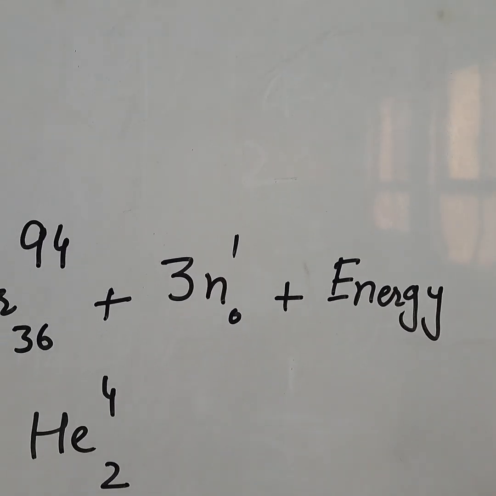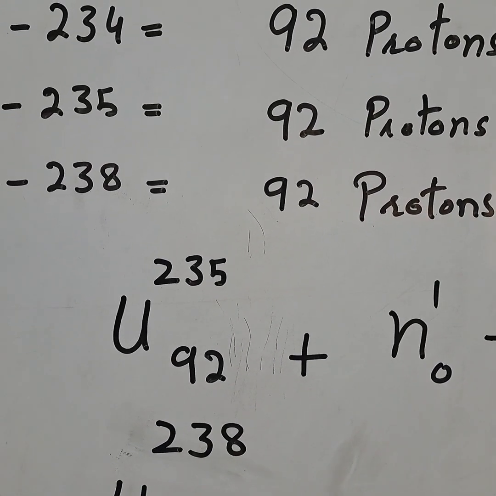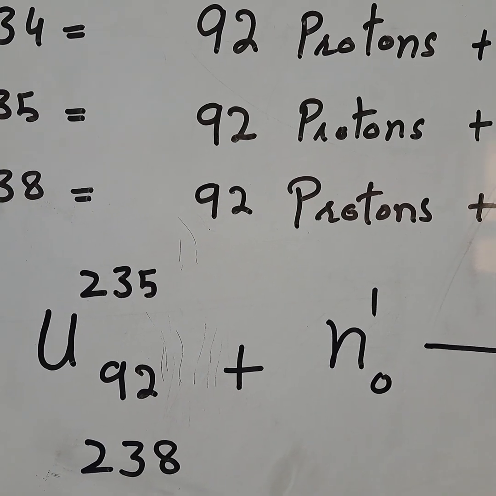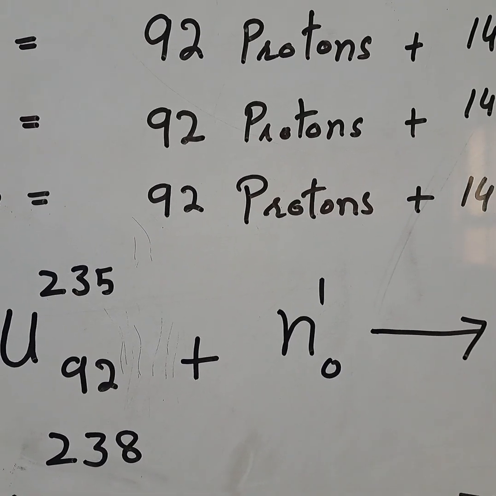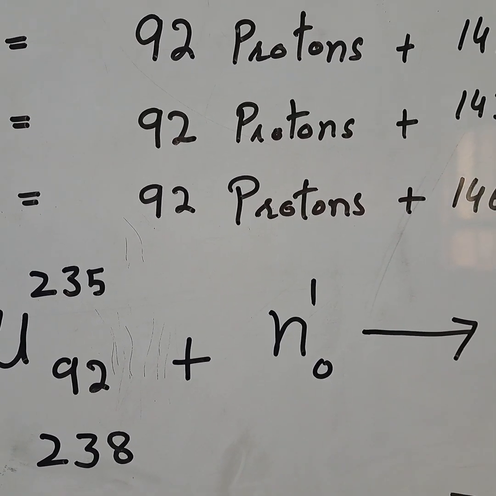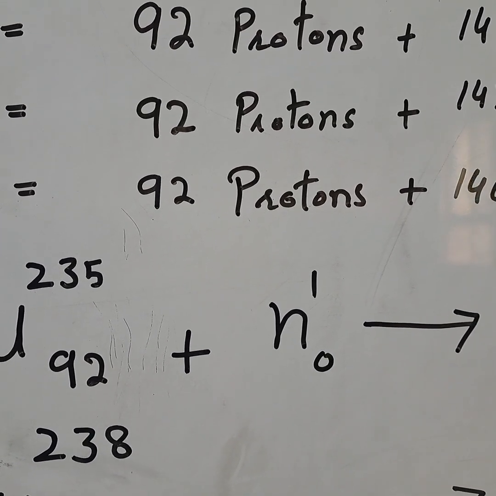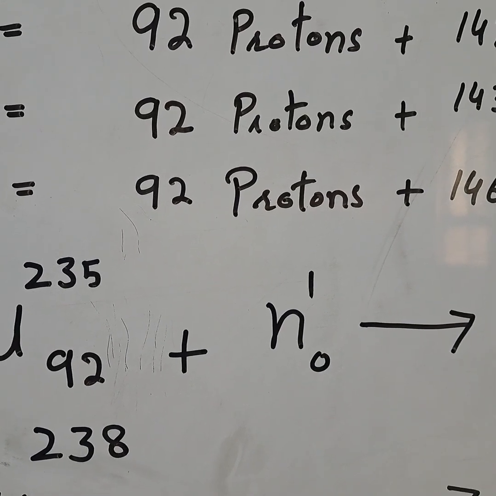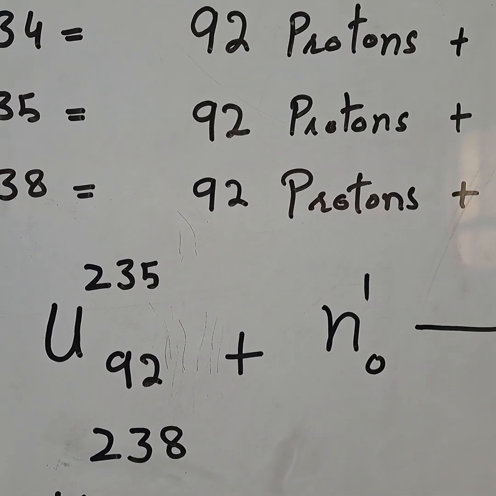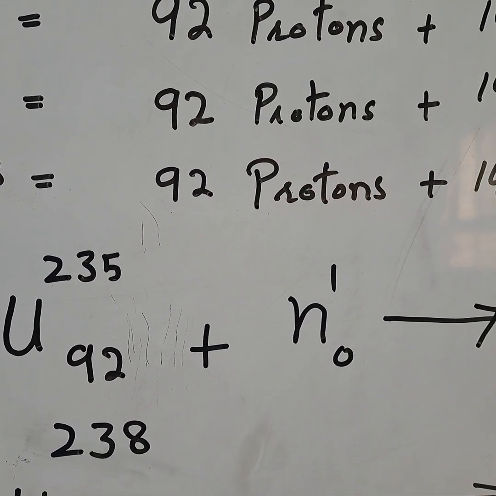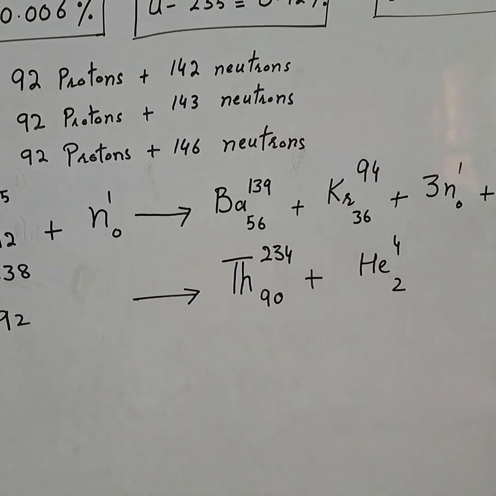Dear students, it is believed that if 1 kg of uranium 235 is broken, it produces the energy which would be equal to the energy produced by the burning of 17,000 kilogram of coal. प्यारे बच्चों, अगर हम 17,000 किलोग्राम कोयला जलाएं और उससे जितनी एनर्जी निकलेगी तो यूरेनियम 235 के 1 kg के फिशन से भी उतनी ही एनर्जी ऑलमोस्ट निकलेगी। तो ये बहुत ज़्यादा एनर्जी की मिकदार प्रोड्यूस होती है बाय द फिशन ऑफ